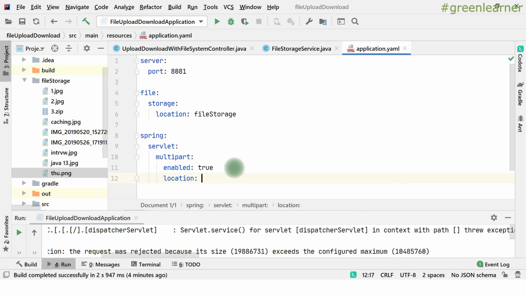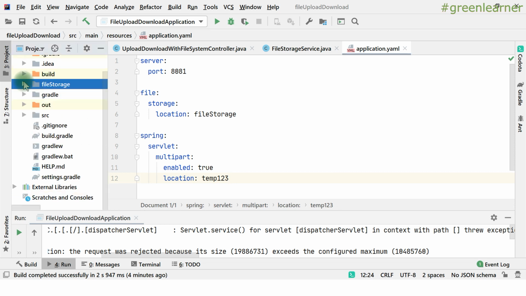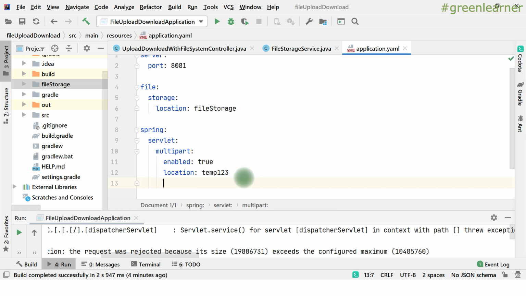This is the location, the intermediate location, when you are uploading the file into the system. So before uploading that file into this file structure, if I want the files to be uploaded into an intermediate location, I can enable that also by giving this configuration, location temp123, right? I'll show you this when I'm uploading the file into the system.